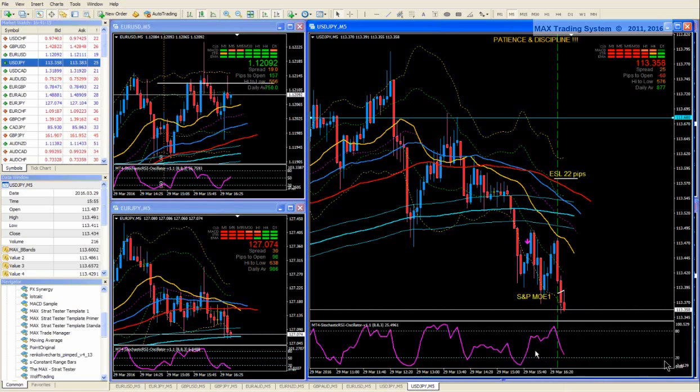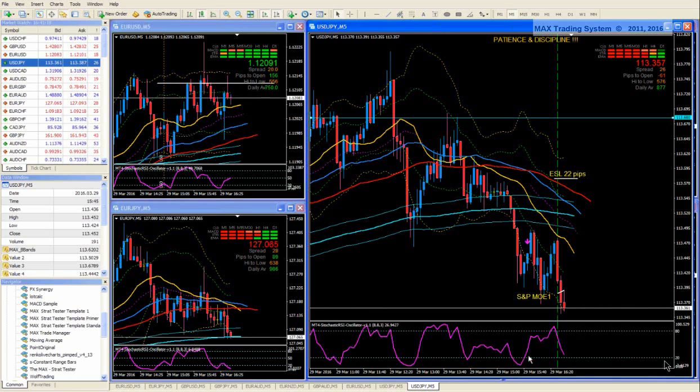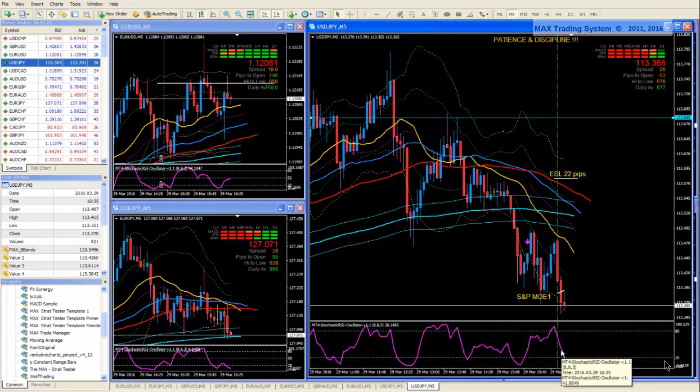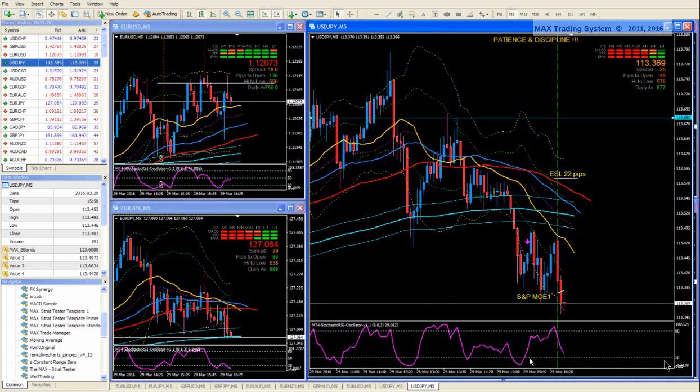We do not systematically make an exit when the stoch RSI makes a bottom. If the opportunity happens, I will show you how I make my exits. Because it depends. Sometimes the exit is not valid, and sometimes the exit is valid. If the exit is not valid, we don't make the exit.